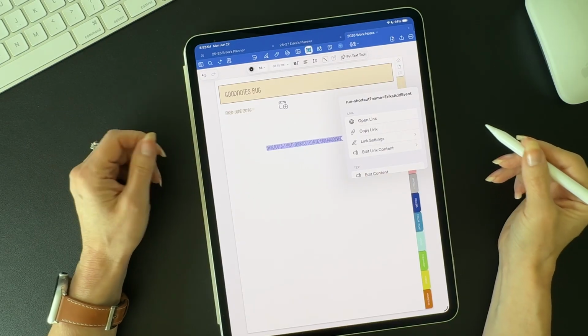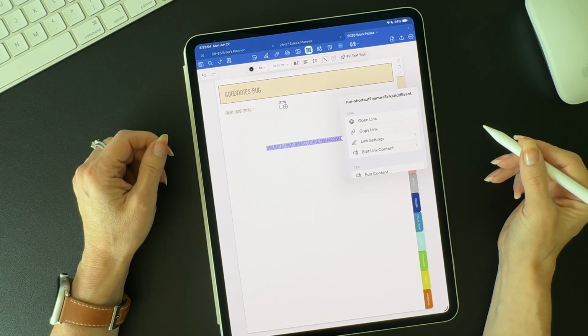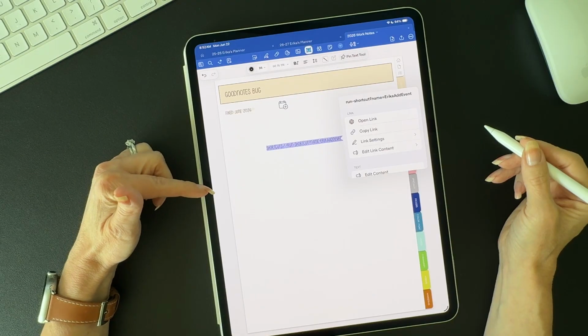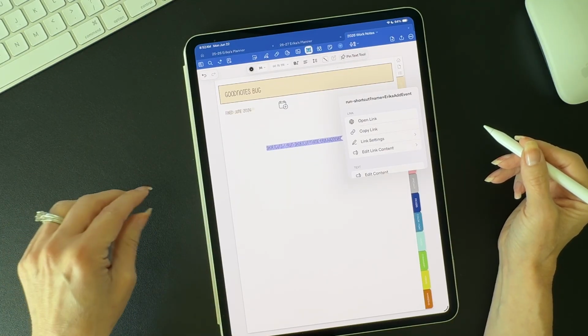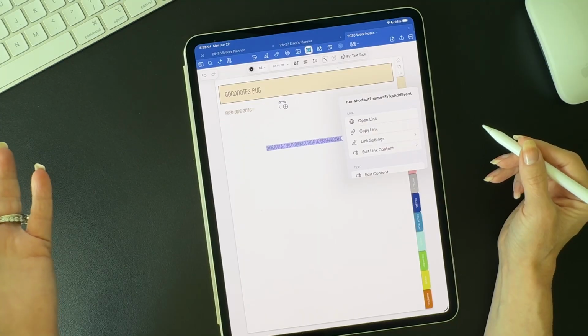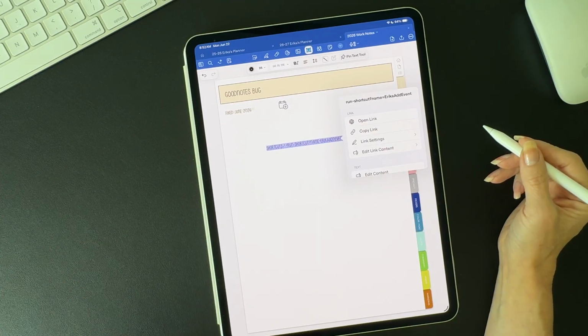However, it's a different process. So I'm going to take you through the process. I'm going to show you 2 different ways you can do it. And then I'm going to go into troubleshooting for the future because for many of us, it still worked, and I'm going to explain why. So first of all,